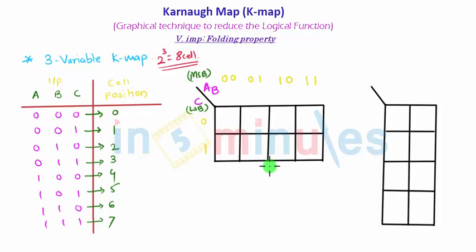But while entering positions into the K-map, we use the gray code. This is very important. Now how does the gray code work? For writing the gray code combinations for these inputs, the first position is taken as it is, so here it will be 0, and the next bit is the XOR between this 0 and the next 0. So 0 XOR 0 is 0. The same bits you write here. Again 0 is taken as it is, 0 XOR 1 is 1, the 1 bit is taken as it is, and 1 XOR 0 is 1.